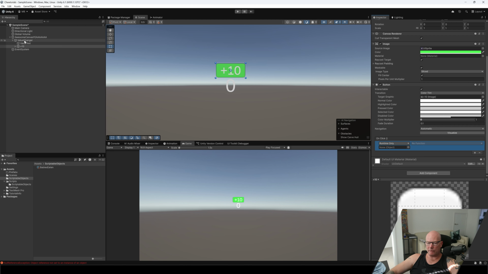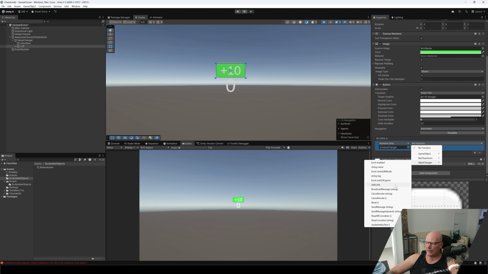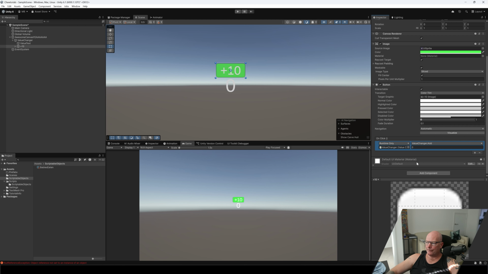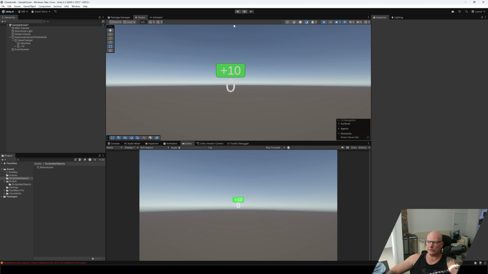So if I drag the value changer, the actual game object, into there, you can see that it now sees that object. And then under no function, we drop that menu down, you can see value changer, and now I can see the add method there. Select the add method, and I'm just going to change that value to be 10. Nice and simple. Now if I was to run this script right now,